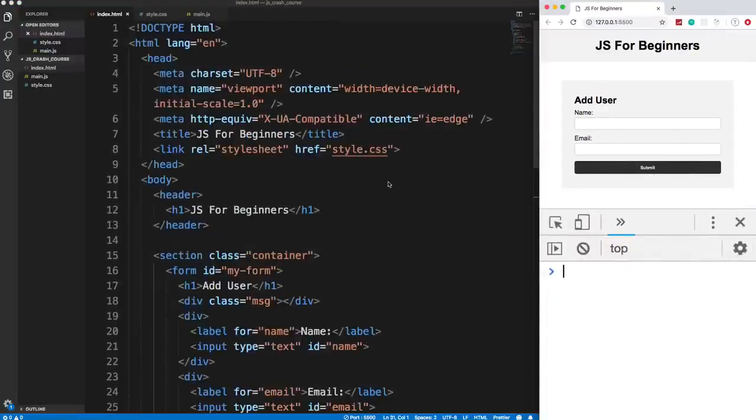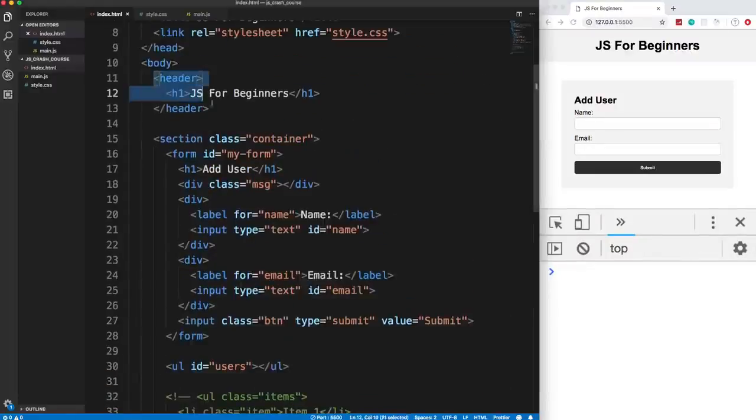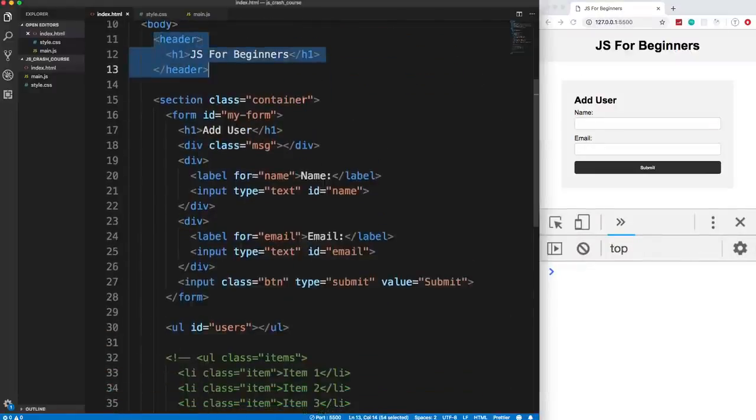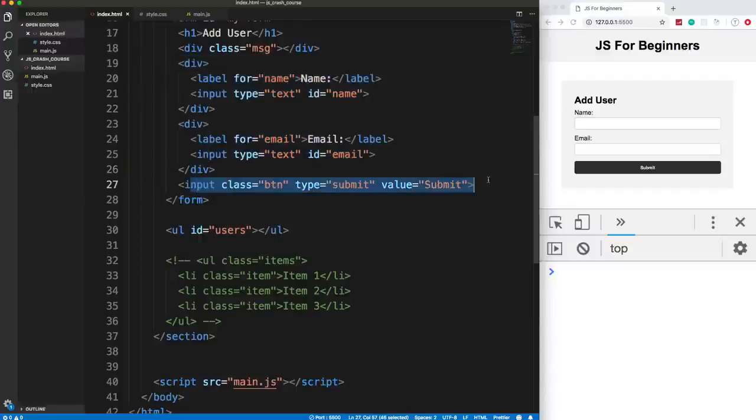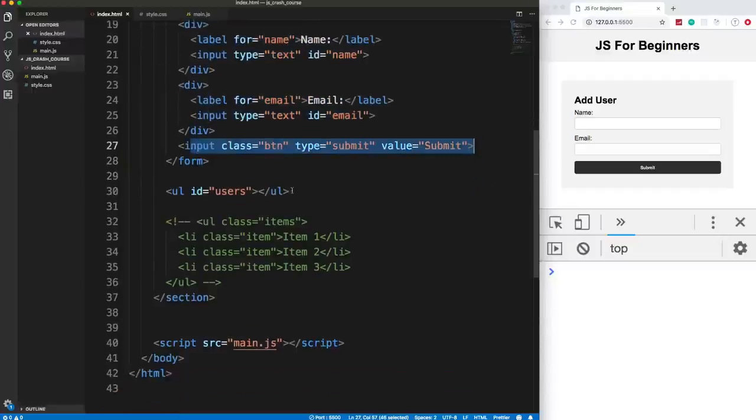So we just have a simple form here. And if we look at the HTML, we still have our header. We have a section with the class of container that's pushing everything into the middle. We have a form that has a background. We have this H1. We have an empty div of message, and I'm going to deal with that later. And then we have two labels and inputs, one for name, one for email. We have an input submit button. And then we have a UL with the ID of users that's empty,